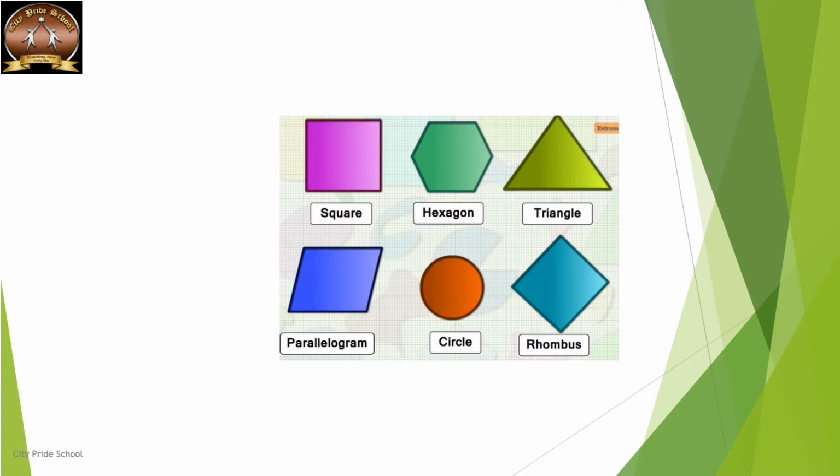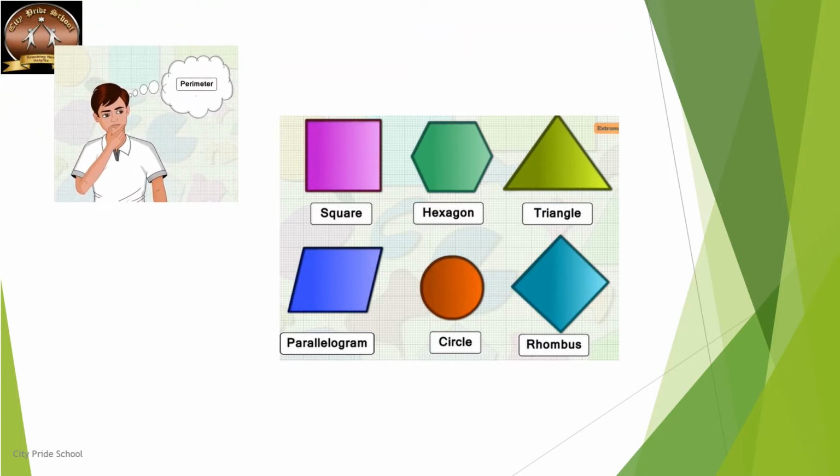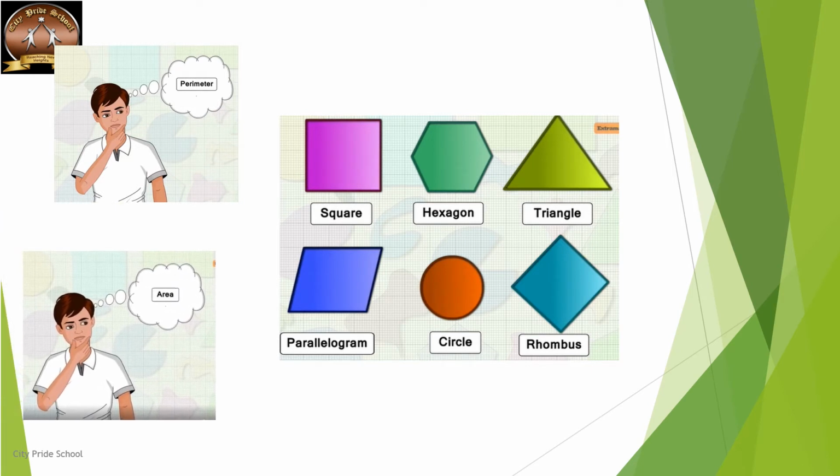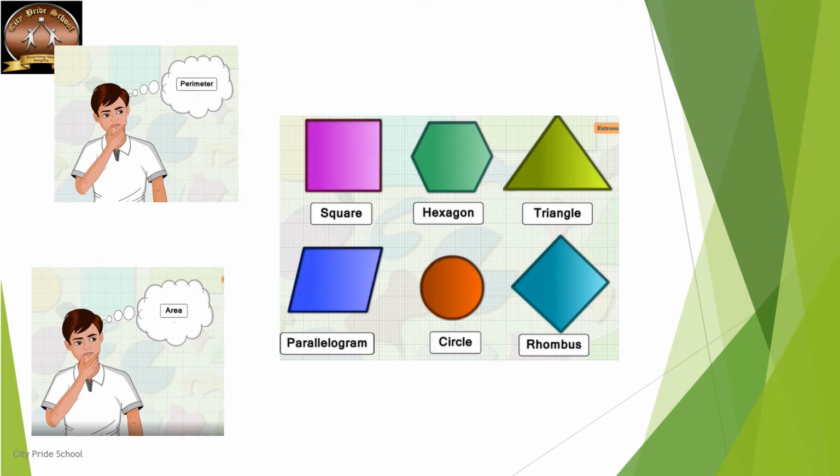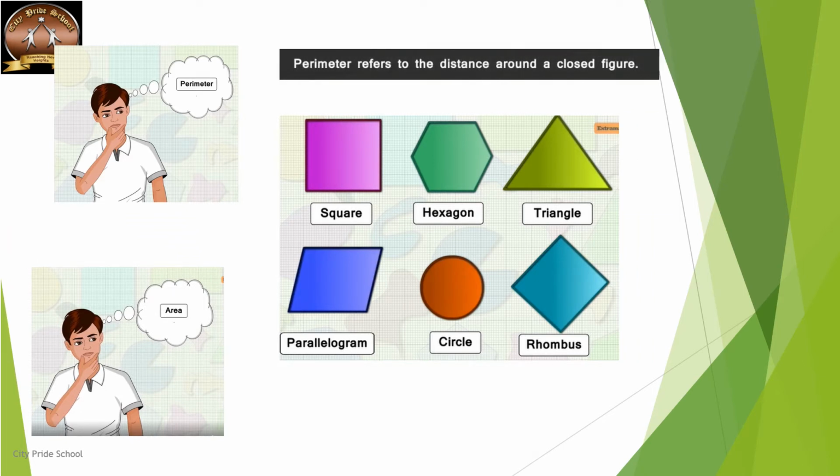So, what is perimeter and what is area? We get confused many times, right? So, let us clear these concepts now. Perimeter refers to the distance around a closed figure. So when our sir tells us to take rounds of a ground for exercising, that would be perimeter. But when we clean the ground by sweeping, then we will be managing the area. Correct? So perimeter refers to the distance around the closed figure,